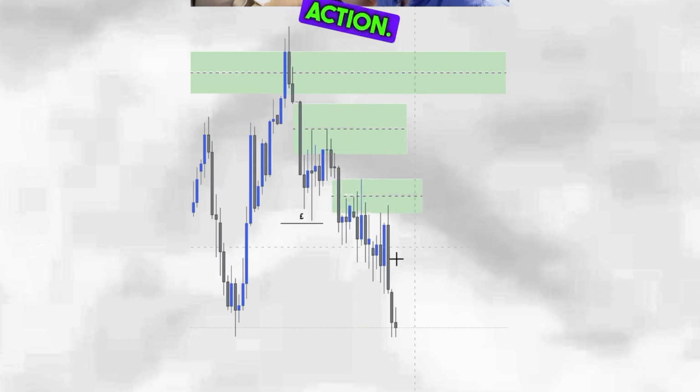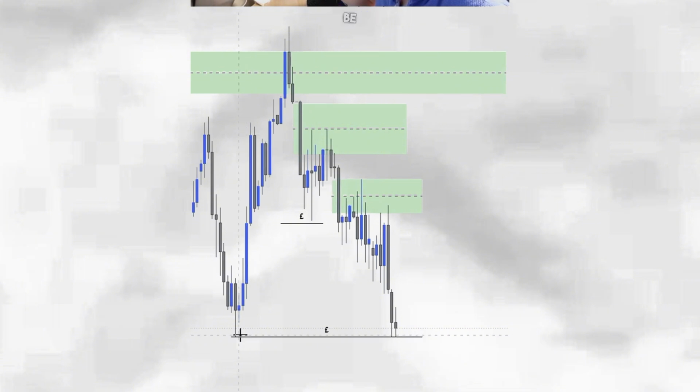If you go to a smaller time frame, you can see the reaction from the weekly time frame has created a sell side imbalance right here. That is an area of inefficient price action. Where is it targeting? Liquidity. You can then see it created another sell side imbalance right here, which is an area of inefficient price action. Where is it looking to target? Liquidity. So my target on a lower time frame would be sell side liquidity, and I'm using the higher time frames,